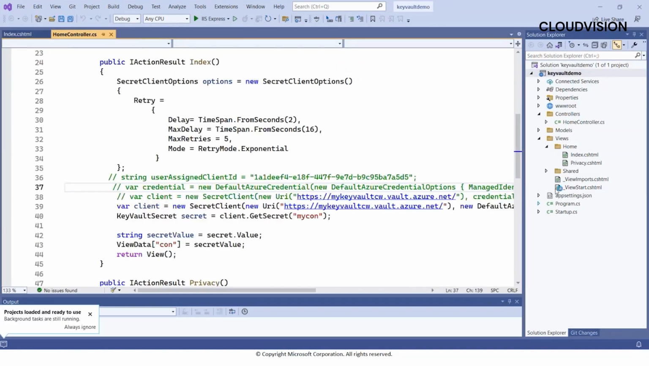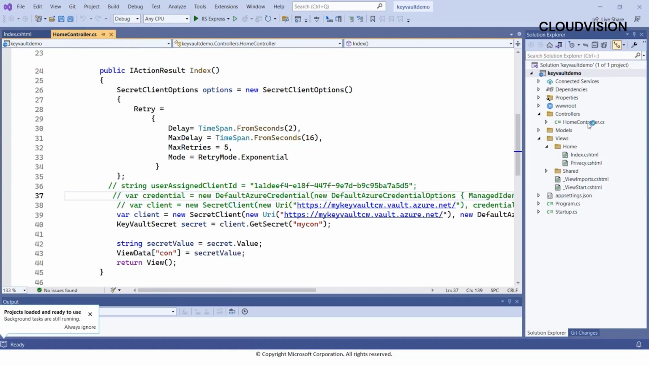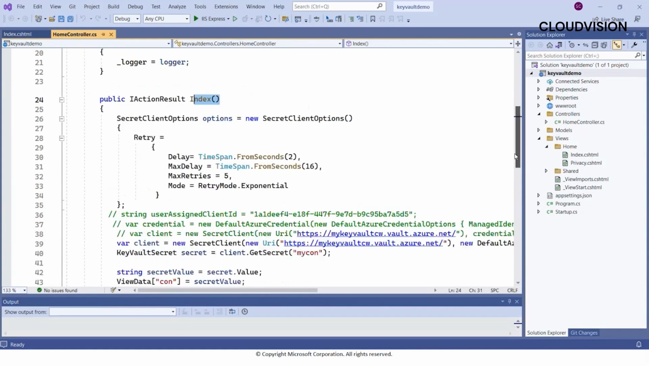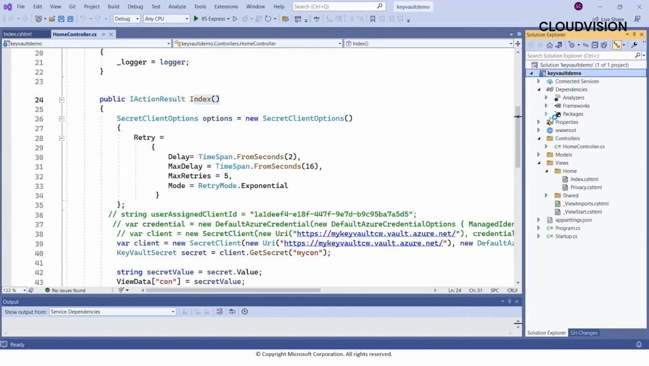It is a web application, which has a home controller. When you open this page, you call the index method of it. So the index method says that I would like to communicate with the Key Vault. So I have added the SDK here. If you go to the packages, you will see I have added a package called